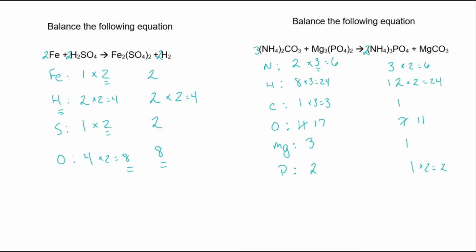Let's go on to carbon. Right now I have 3 on my reactant side and 1 on my product side. So let's simply multiply this by 3 to get 3. So I need to put a 3 in front here. Again, that 3 multiplies to the magnesium and the oxygen as well as the carbon. So let's change up our numbers. My magnesium is now times 3 here. And I have not changed my oxygens on my reactant side, but I have changed them on my product side. I have now 8 plus 9, which is